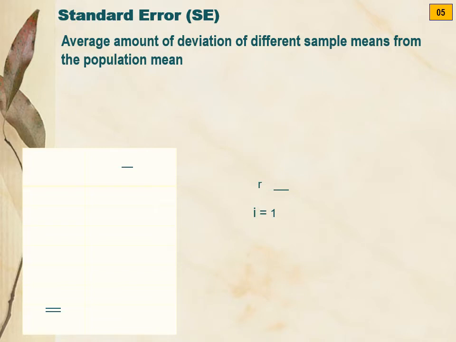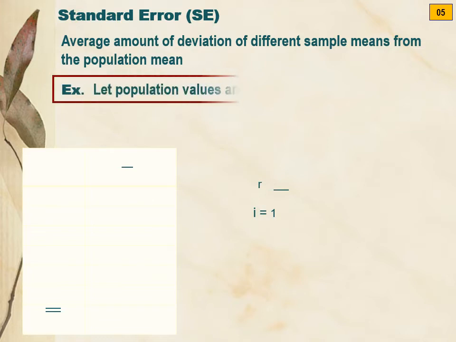So first we are going to discuss what is the concept of standard error and how we calculate it. I will take an example, and from that example I will explain what standard error is. When we are dealing with a continuous variable and calculating the mean, it is also called standard error of mean. Either you call it standard error or standard error of mean, both are the same in case of the mean. So we are going to find that error component between the sample mean and the population mean.